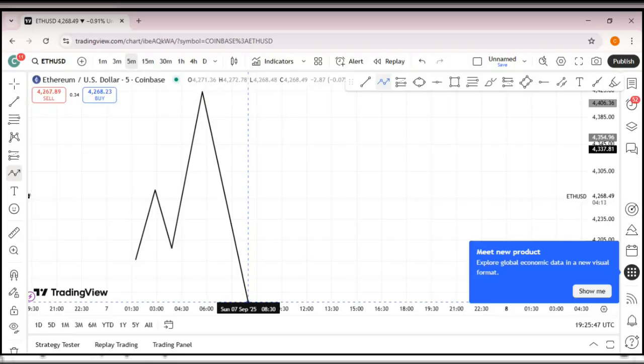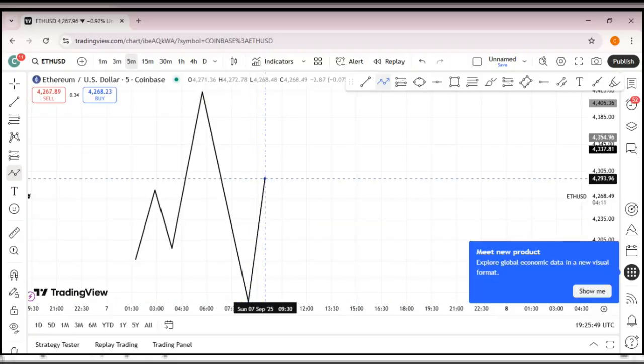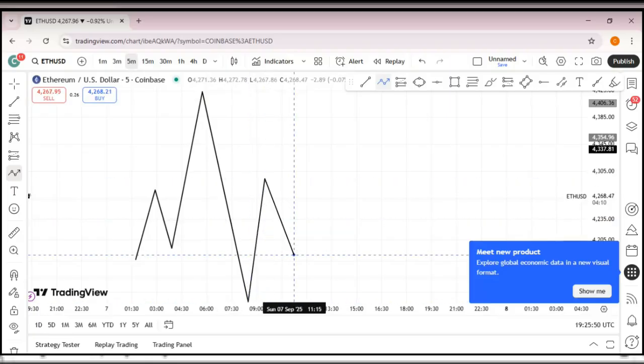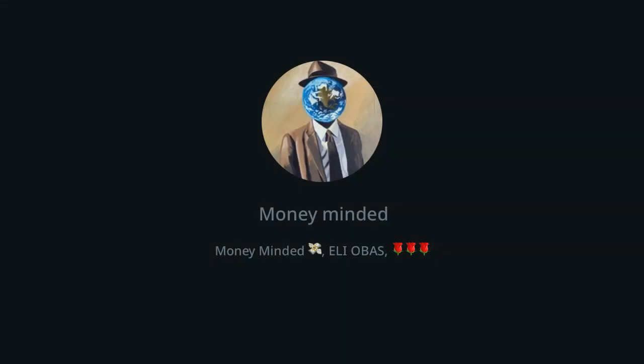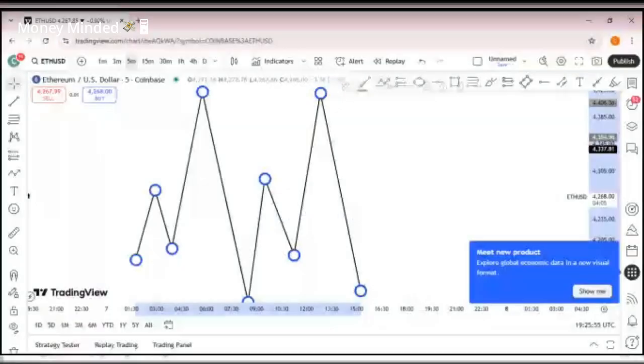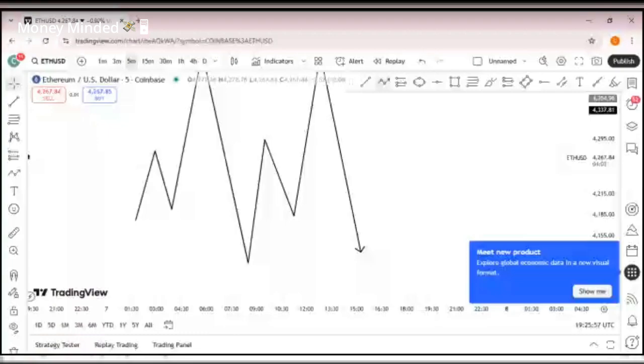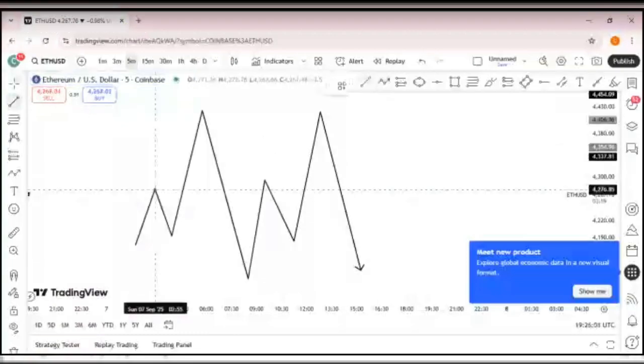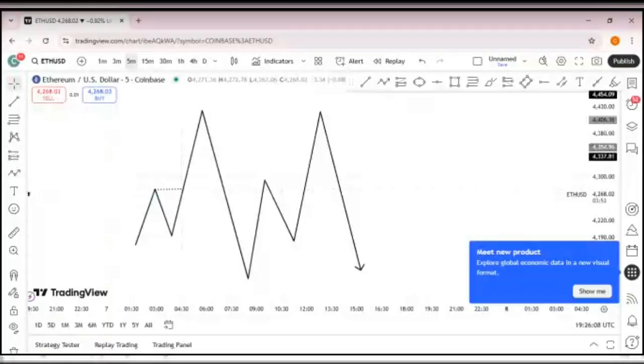You get the structure liquidity, then price taps into your order block. You sell. So this now here is your break of structure. I will show you on the live chart, and I'll also show you an OBC on the live chart. So this is the diagram for the